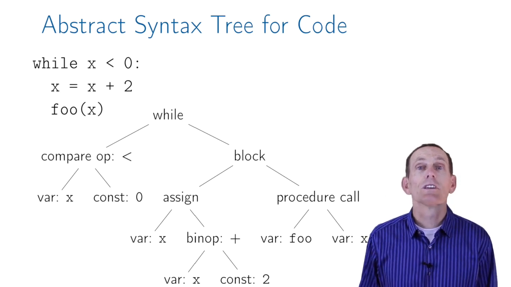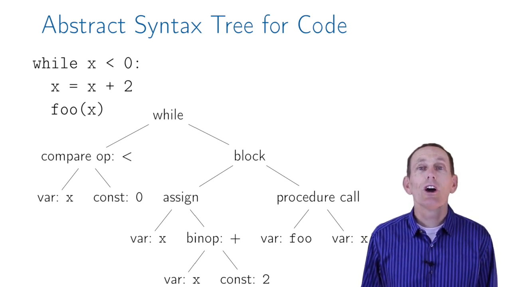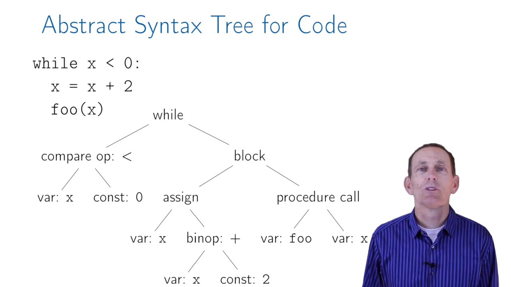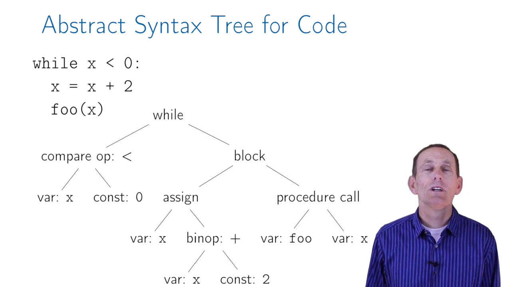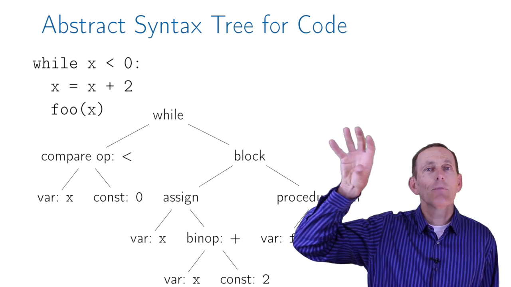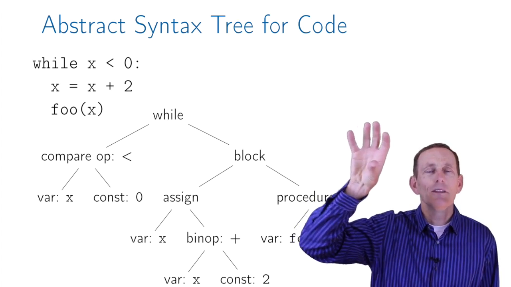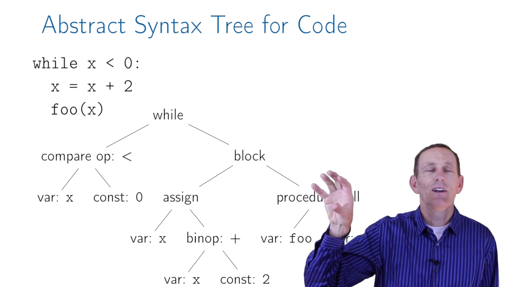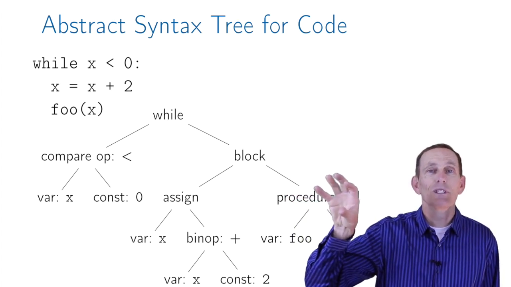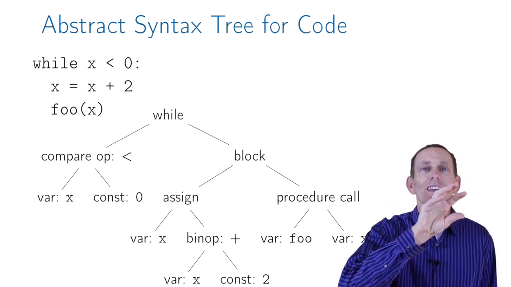We also use trees in computer science for code. So in order to represent code, we will do that with an abstract syntax tree. So our code here is a while loop. While x is less than 0, x is x plus 2, f of x. So we reflect that at the top, we have while, which is our while loop, and the children of the while loop are the condition that needs to be met for the while loop to continue, and then the statement